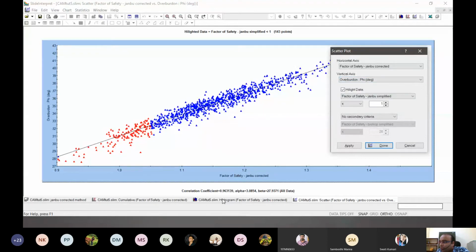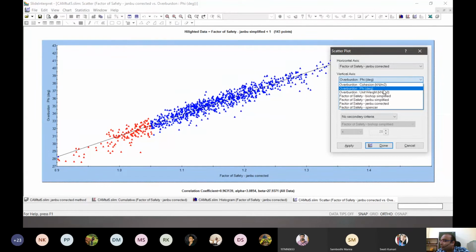And the good thing is, even in this, the basic regression analysis is already done. So a correlation coefficient of 0.96, that is the R value that we were discussing, right? The R square and R values. So R value is 0.96, and 0.96 is a good correlation, with A and B, alpha and beta, as the slope and the intercept point. So the intercept point is given and the slope is also given. So basically they are giving this equation of this line and how good a fit it is.